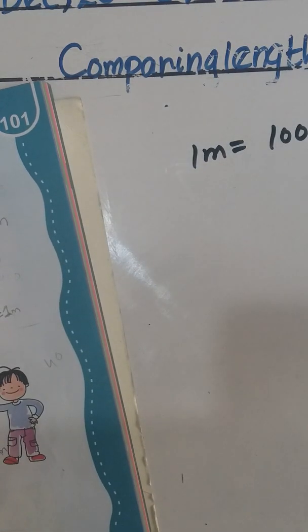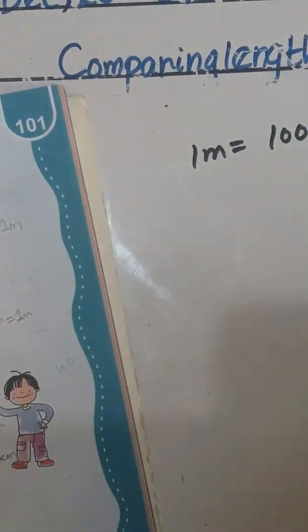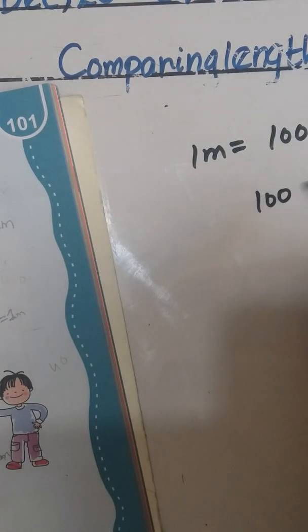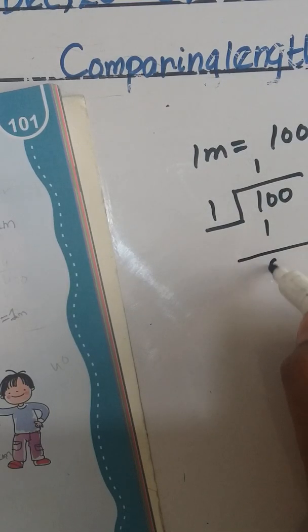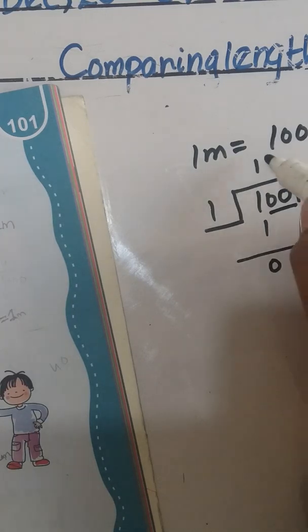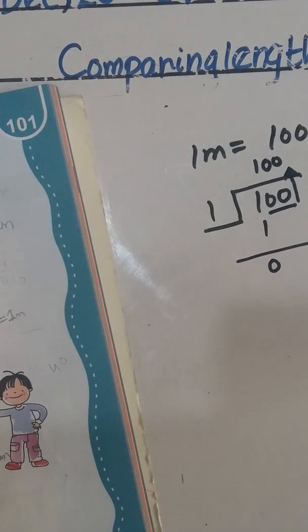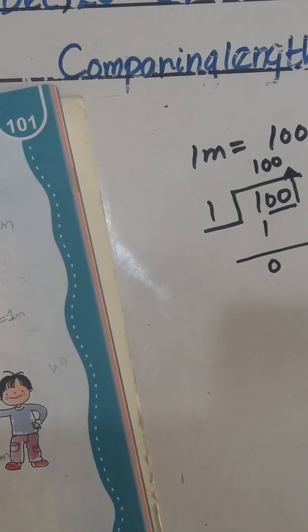Okay guys, grade 1, if you want to divide 100 by 1, look at the board. You have to convert 100 centimeters into meters. So we will divide 100 by 1. 1 ones are 1. So there is nothing left. We will write 0 here, and if we have no remainder, then we shift both these 0s into the quotient part, and it will be 100. So it means 1 meter has 100 centimeters. Okay, grade 1.